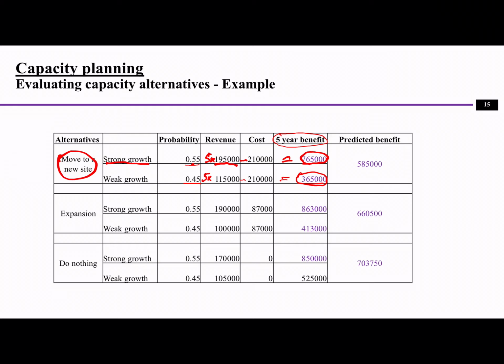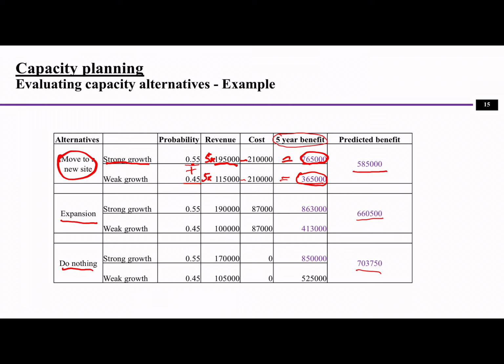Then we use what? We use probability, right? Or we use the mean. So use this value times the probability, and this times the probability. Then those added up together is the whole chance, right? 100% of the probability. And then we can calculate 585,000. So 765,000 times 0.55 plus 365,000 times 0.45. Then we can get this